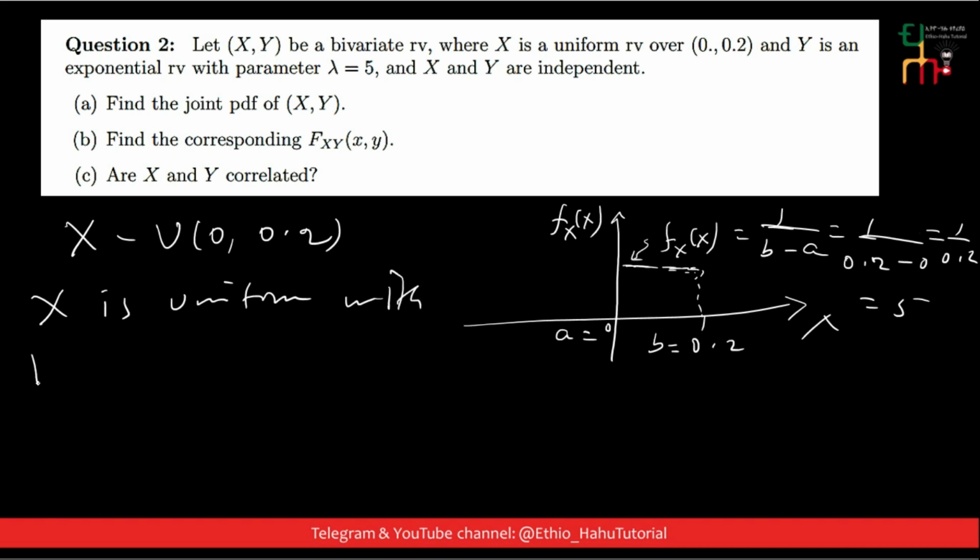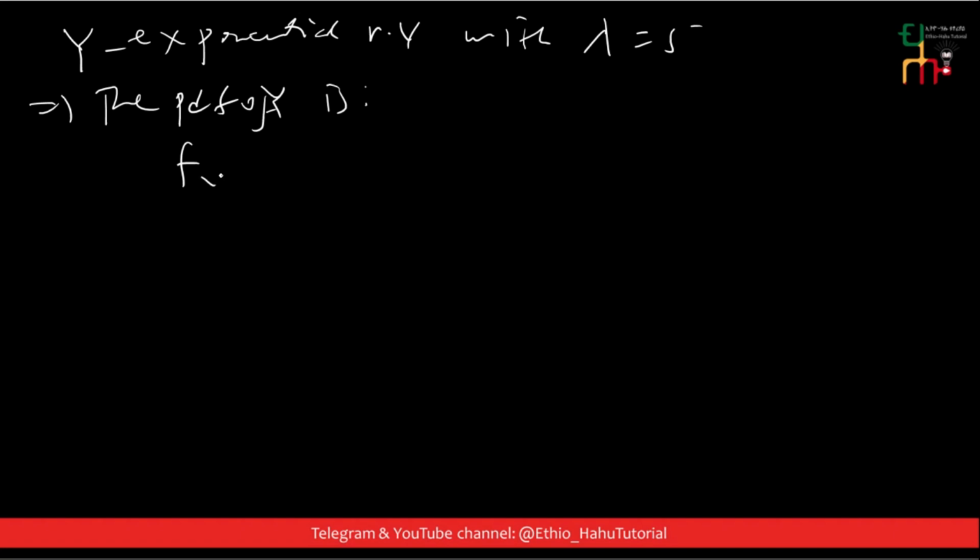Therefore x is uniform with probability density function fx of x is equal to 5 for x between 0 and 0.2 ማለት ነው። y ደግሞ exponential random variable ነው። y is exponential random variable with parameter lambda is equal to 5, therefore exponential random variable ካለን probability density function ምን ይሆናል? fy of y is equal to lambda e to the power of minus lambda y ይሆናል for y greater than